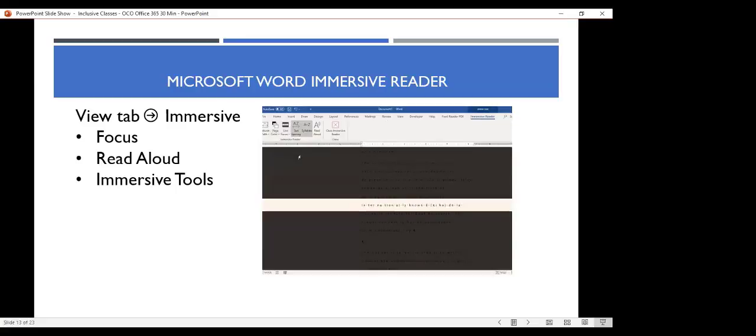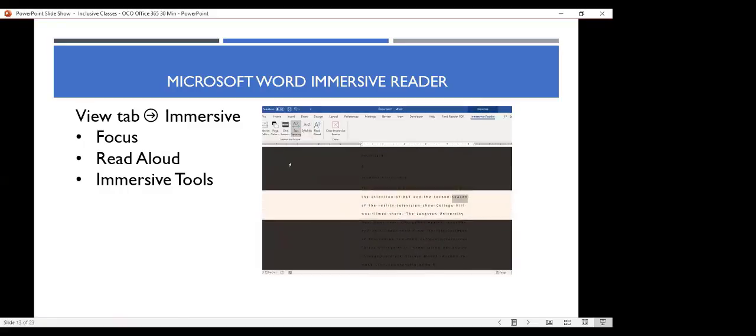Line focus lets it just show 1 line, 2 lines, or 3 lines at a time, and then it can be reading aloud. Some students benefit from having the nouns highlighted, especially students that have some focus issues, because then they just know, if they've made their nouns purple, look for the purple and you get the main idea. So there's a lot of tools that I have found new uses for.